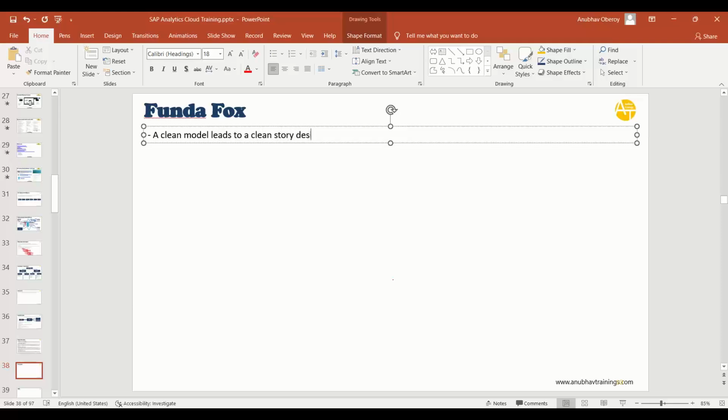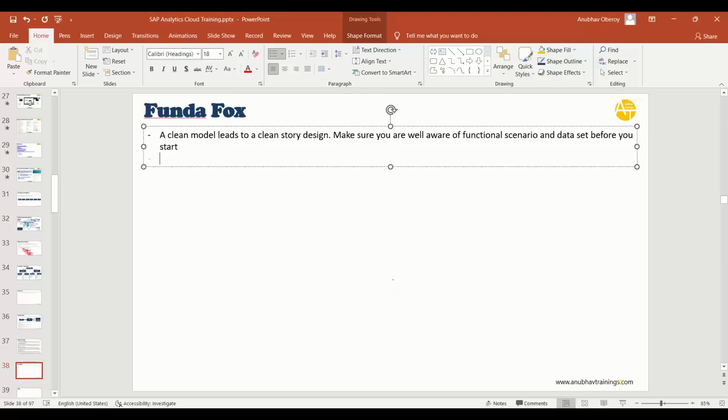Remember, if your model is dirty, you will spend a lot of time fixing your story. Yes. So a clean model leads to a clean story design. Make sure you are well aware of the functional scenario and data set before you start. So before we start, we need to make sure of our data set and our scenario. The decisions we make have to be clear. So the type of model should be decided